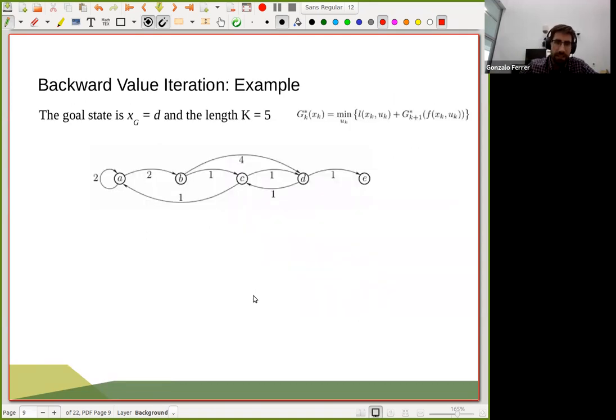Okay, let's give a very simple example just to see how we can calculate optimal cost to go functions. Remember that this was in general the solution we get from value iteration, because now the algorithm is going to be very simple. It's just going to be about calculating the optimal cost to go function, starting from the last position.